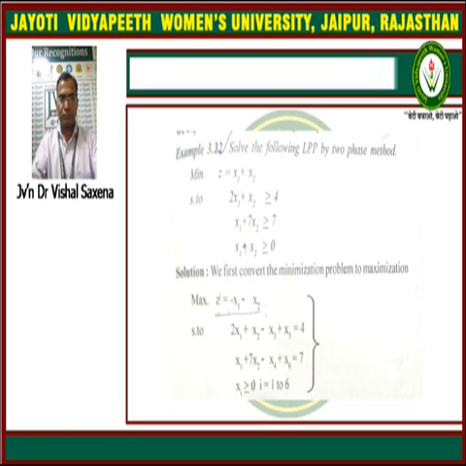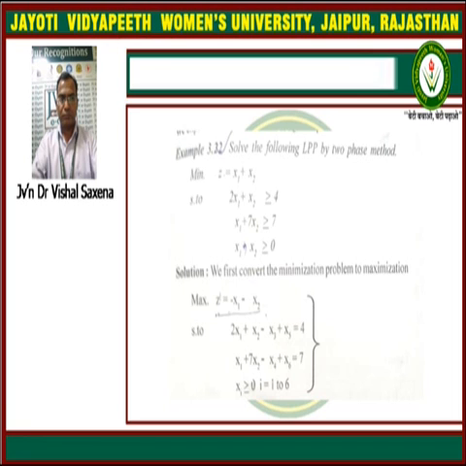Solution. First we have to convert the minimization problem to a maximization problem. So maximum z dash is equal to minus x1 minus x2. The objective function is coming into the form of maximum because we have multiplied the previous objective function, minimum z is equal to x1 plus x2, with a minus sign. That's why z converts into z dash, and it is maximum z dash equal to minus x1 minus x2,